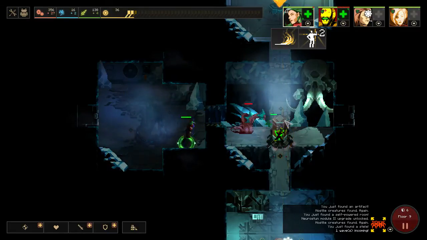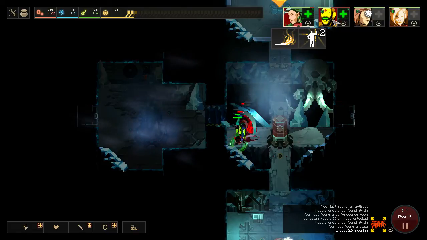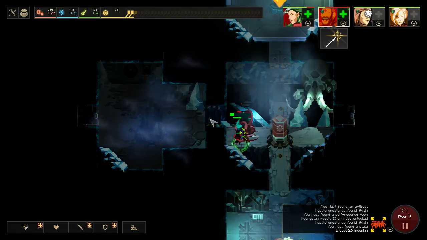Alright, Yuri says, don't even... What are you doing? Don't even think you can kill Pivot. Don't even think you can...